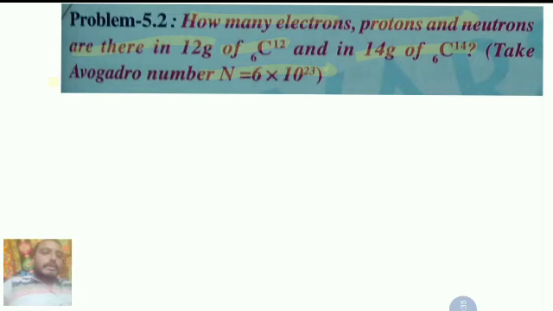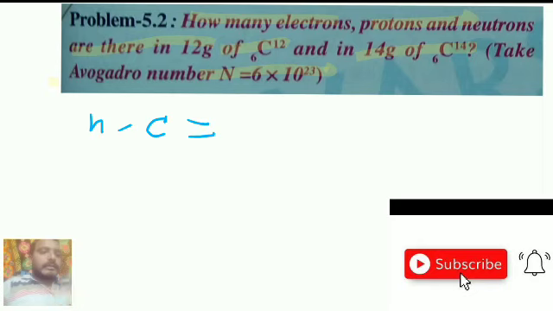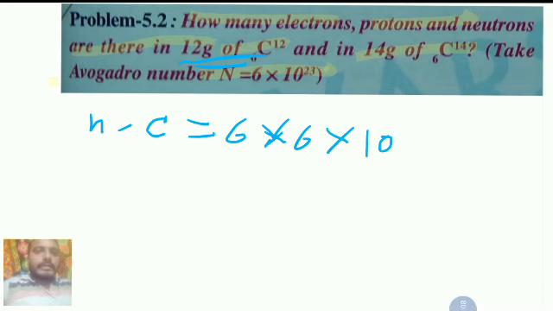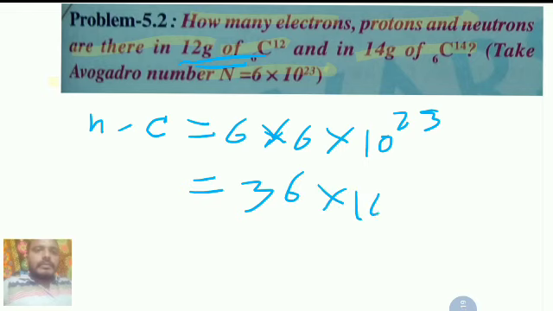So first of all, we calculate the number of electrons in 12 grams of carbon. In this, 6 electrons are there, so 6 into Avogadro number 6 into 10 to the power of 23. So the number of electrons is 36 into 10 to the power of 23. So it is the number of electrons, and now the number of protons,